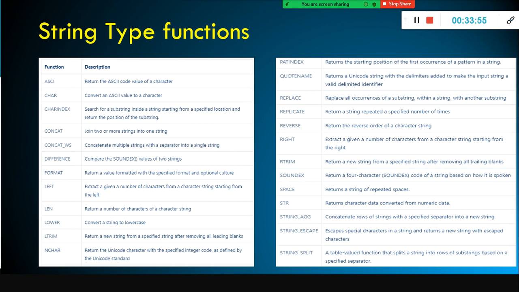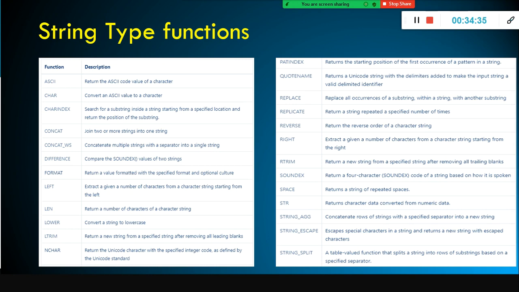For example, if you want to clean the data, you can use the replace function. And if you want to extract a specific portion at the right side of your string, you can use the right function. And also the left function, if you want to extract specific characters from the left of the string. The format function also, if you want to specify a format. So a lot of functions are available. I don't want to overwhelm you by covering all these functions. We will look at a few frequently used functions, the most frequently used functions.